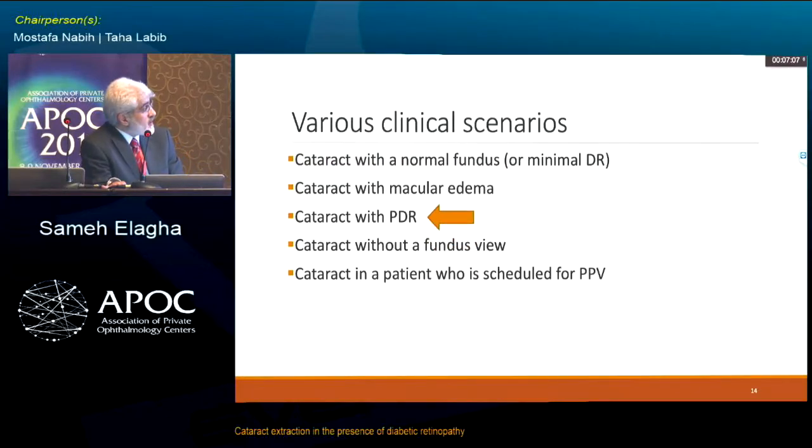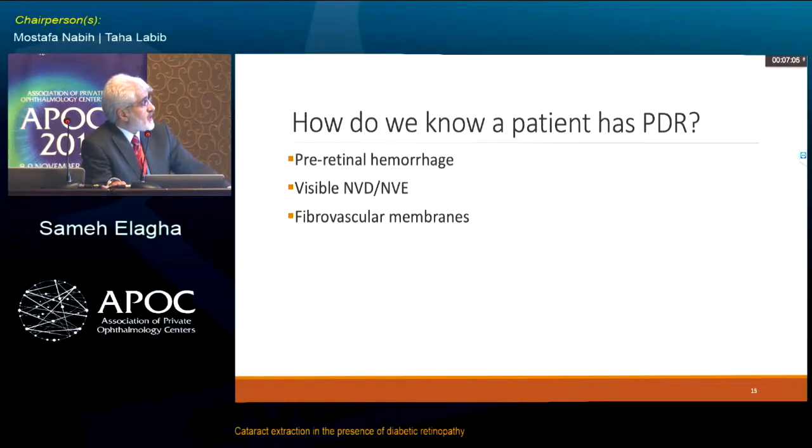The third clinical scenario is cataract with proliferative diabetic retinopathy. طبعا لو ممكن العيان يكون عنده dense cataract ما نقدرش نعمل له fluorescein angiography. How do we know that they have diabetic retinopathy? We have to look at the fundus with indirect ophthalmoscopy, and we might see pre-retinal hemorrhages. We might see visible NVD or NVE or even fibrovascular membranes, even though the patient may not give a history